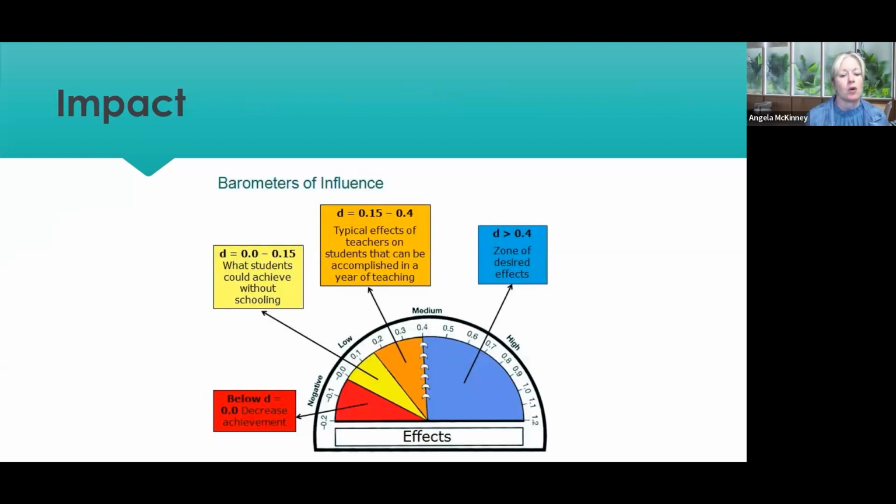We also want to make sure that we're always using good things that have a high impact and show a lot of growth. I know this is a little bit complicated on effect sizes, but we want things that show an effect size of greater than 0.4. Because when we get to about 0.4, we're talking about what is typically accomplished within a year. Well, most of the kids that we're concerned about and that we're putting interventions out for are kids who are behind, which means they need to grow more than a year, right? We want to close the gap for them. And in order to do that, we're going to need to have things that have a stronger effect size.